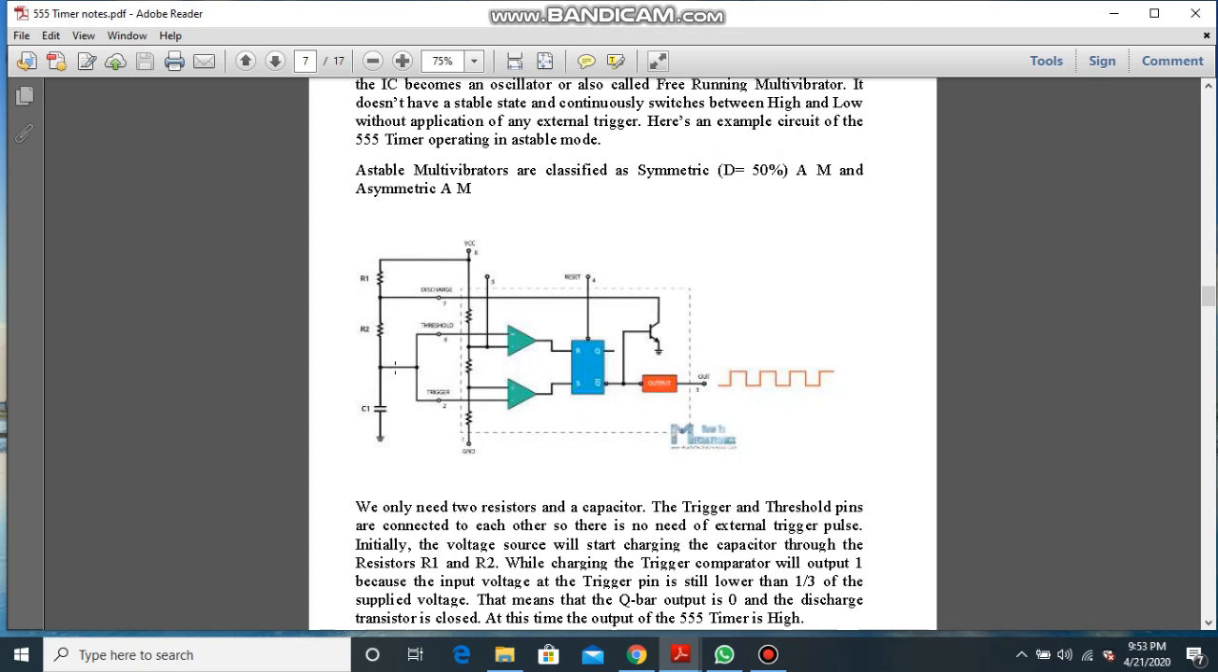Here the capacitor will charge. The voltage at this point is 2/3 VCC. Here it is 1/3 VCC. While charging, the trigger comparator will output 1 because the input voltage at the trigger pin is still lower than 1/3 of the supplied voltage. That means that the Q bar output is 0 and the discharge